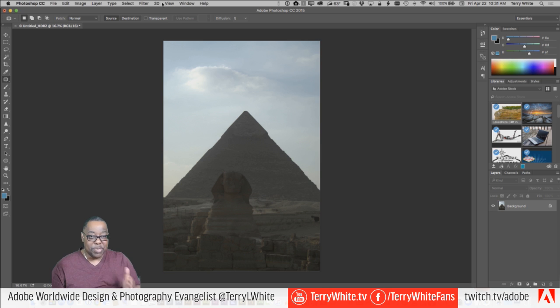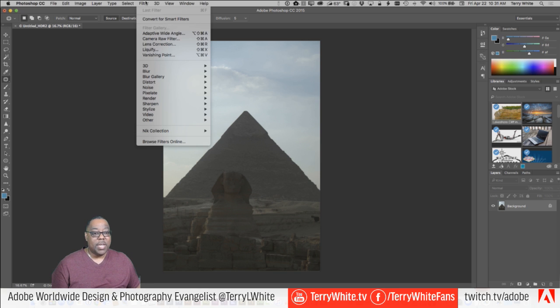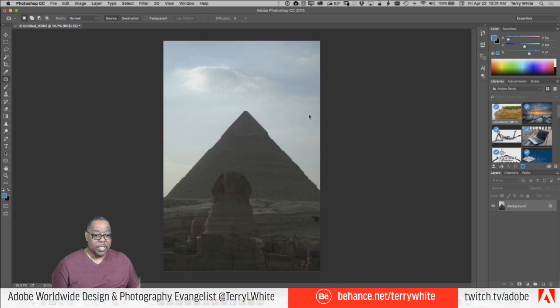I would have got here much, much faster doing this in Lightroom, because I don't need all the extra effects that HDR Pro is going to give me. But what I would do at this point is I convert it to a smart filter first, but just for the sake of getting to it, I would go to the camera raw filter,